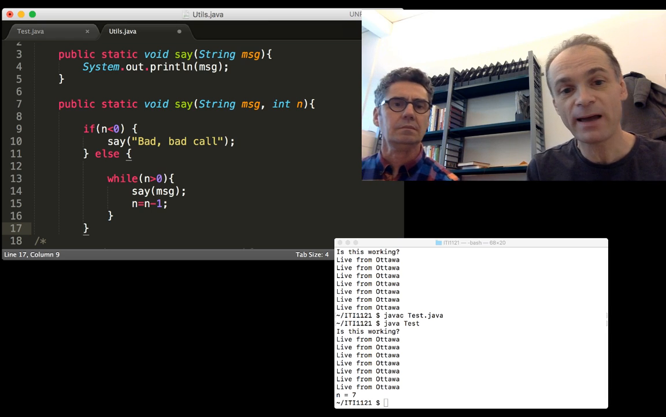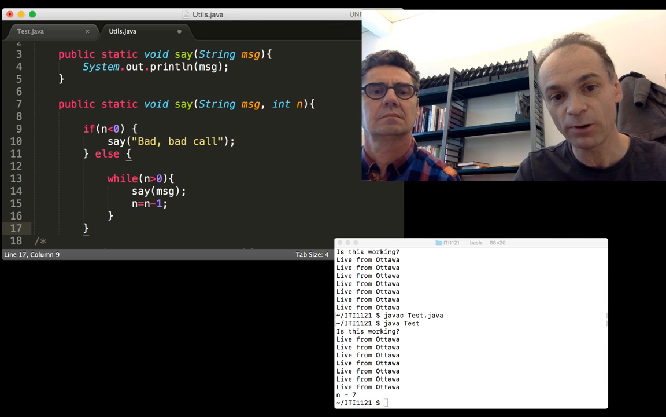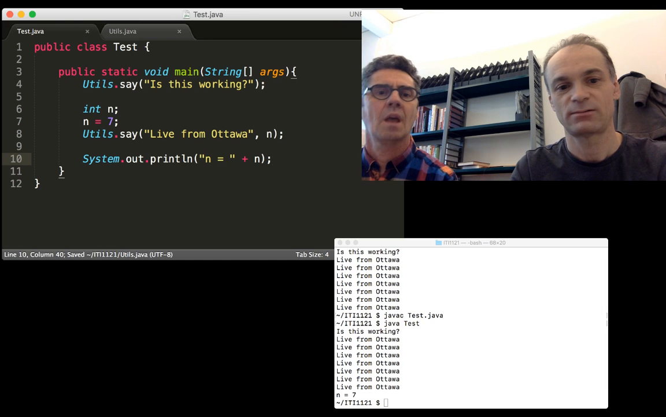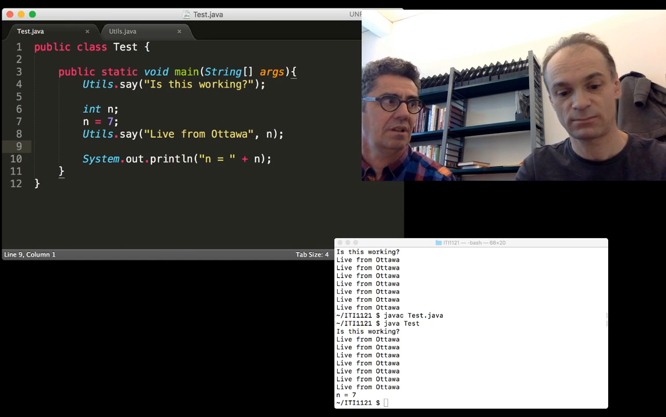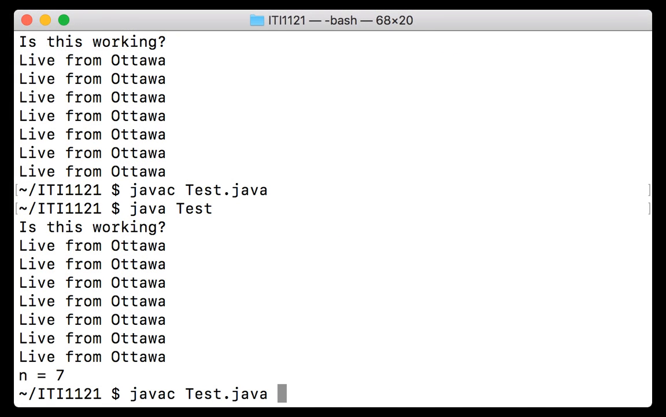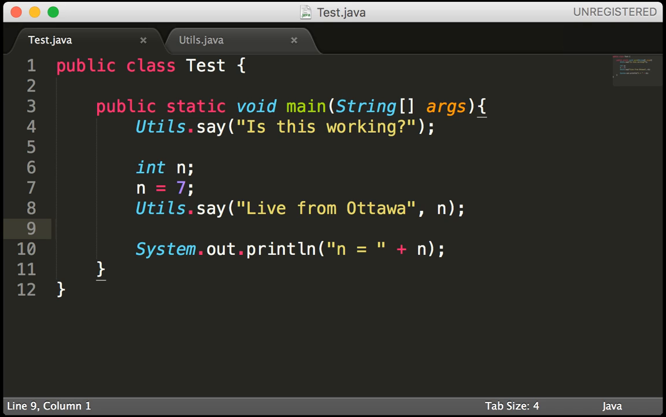If you pass a negative number, it should say bad call. Otherwise, it's going to print what you want. Shall we test that? Well, we should probably test it first as is to see if it is working fine. So let's do that. Okay. So now let's try with a